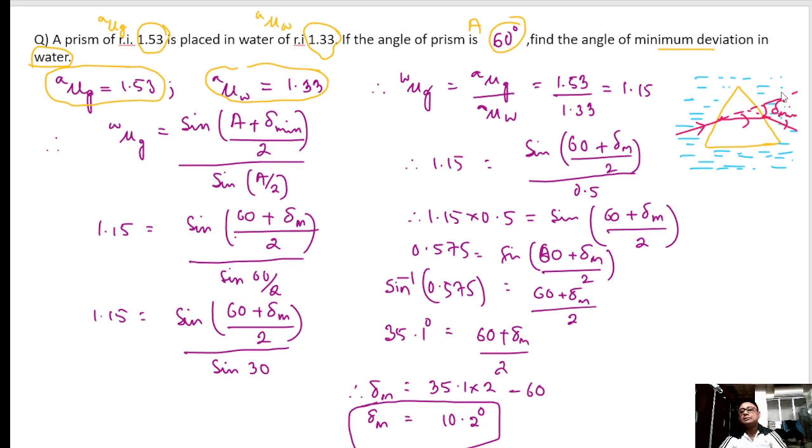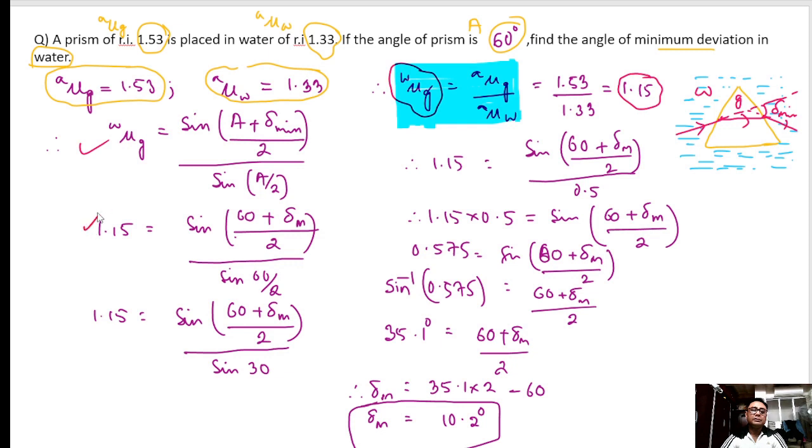So first of all, since the ray is coming from water to the glass, we first have to know what is glass with respect to water. So the formula is this. Glass with respect to water formula is this. Please keep a note of this, a very important formula. Glass with respect to water is this. So putting the values, we get the calculations, 1.15, and now using this formula